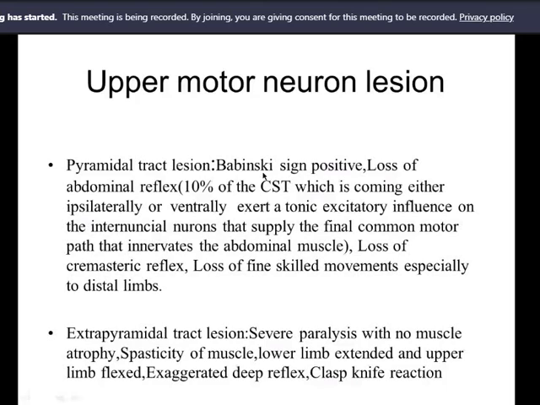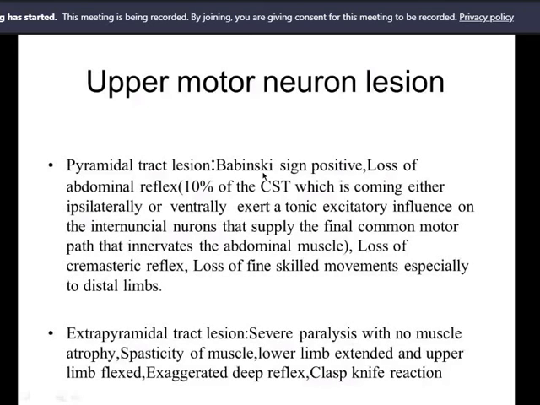Now, practically, when there is a lesion in the internal capsule, it is not that only pyramidal tract or only extrapyramidal tract is lesioned. When there is a cerebral stroke, the thalamo-geniculate artery ruptures. At that time, both the pyramidal tract and the extrapyramidal tract are lesioned. That is why mixed signs are seen in the victim.